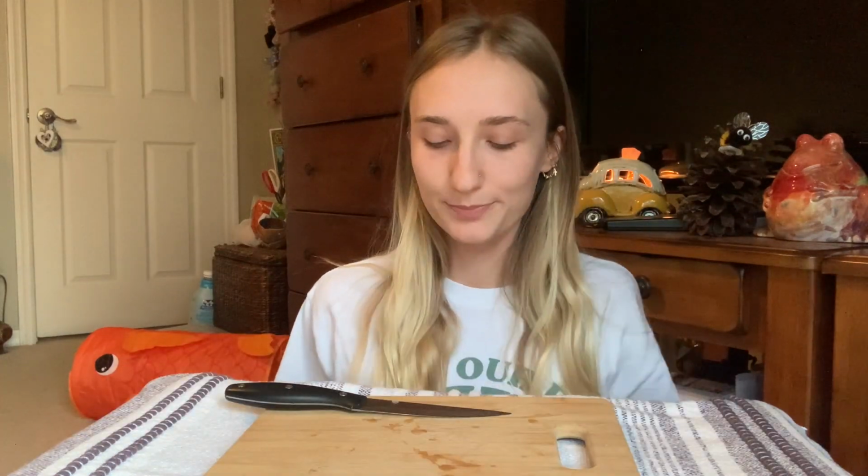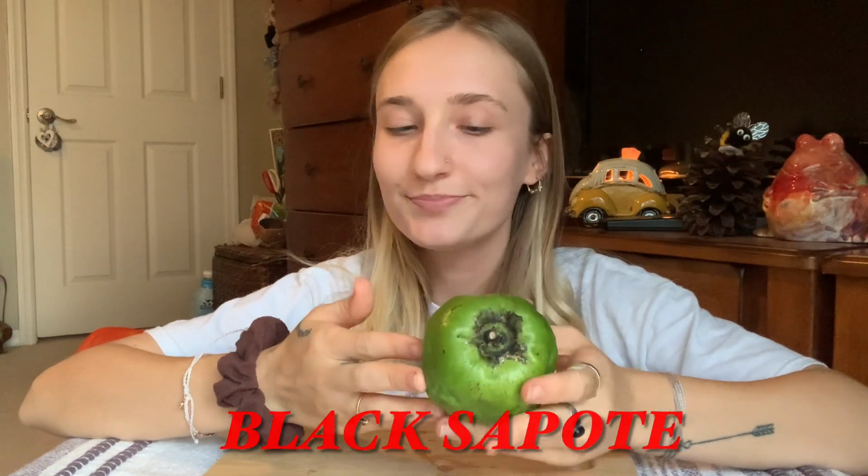Next fruit. This is a black sapote, and I know it looks like it's not good anymore, but actually it hasn't even hit its full ripening stage yet. So whenever the black sapote is ripe,